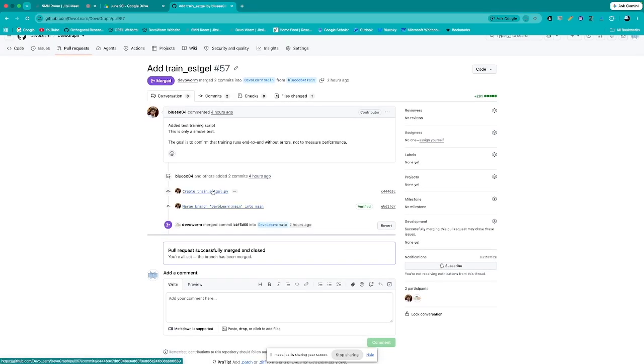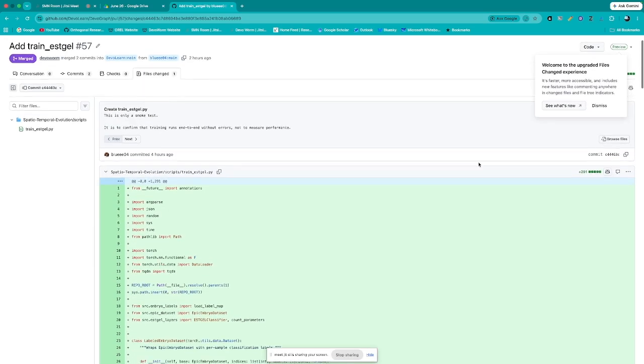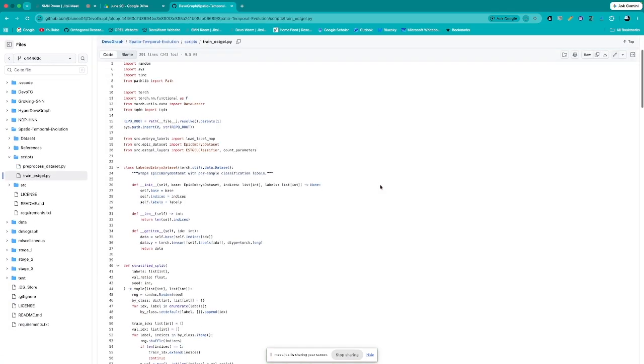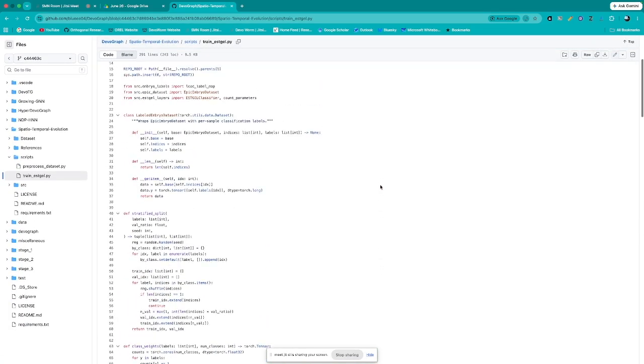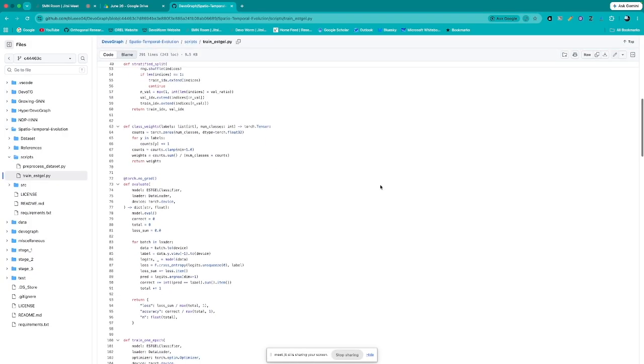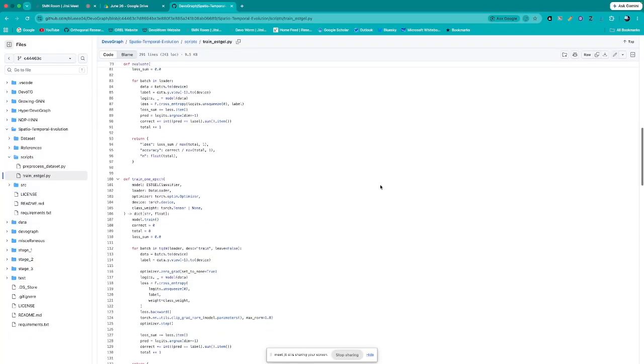So you had train script.py, which just has the code in it. View file here, and this is the code for this. It's importing the datasets and checking to see if it works. That looks good.